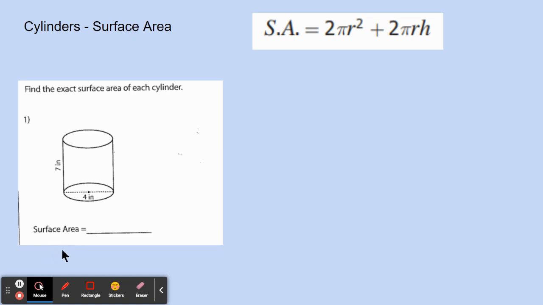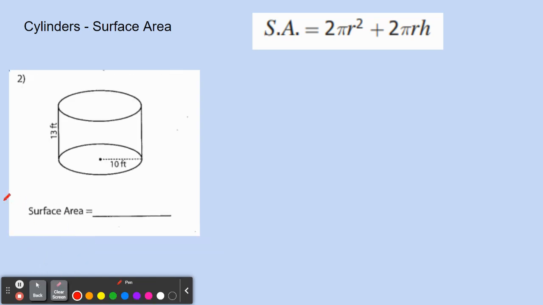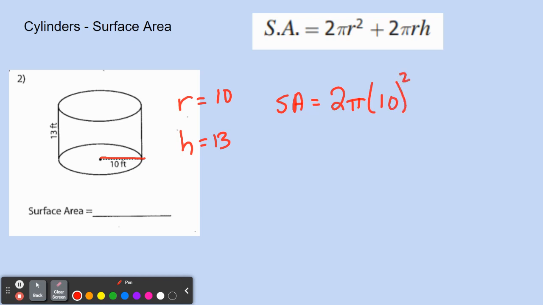Let's try another. Number 2. So again, all we need to know is the radius and the height. So the radius, they happen to give us that this time, is 10, and the height is 13. So once we have that information, we can just put it into our surface area formula. It's very important to write that down. So I'm going to write it down here. Surface area equals 2 pi times the radius, which is 10, squared, plus 2 pi times the radius, which is 10, times the height, which is 13. Have that information written down,